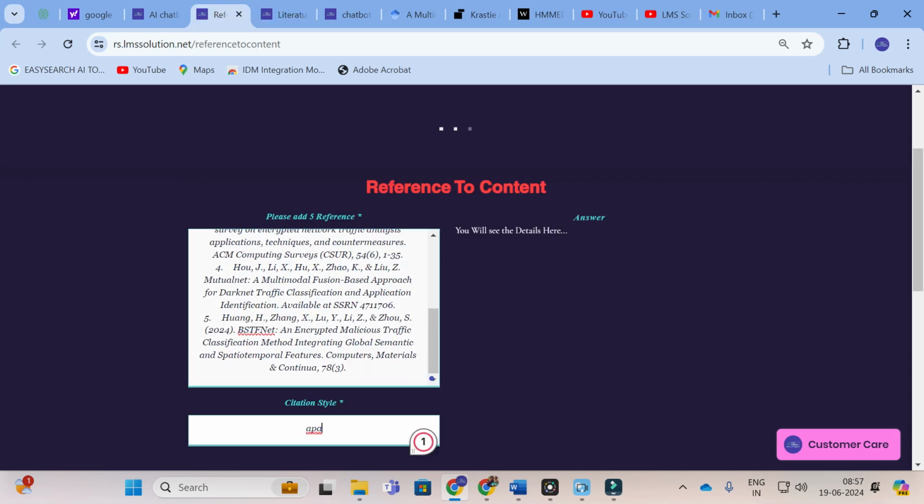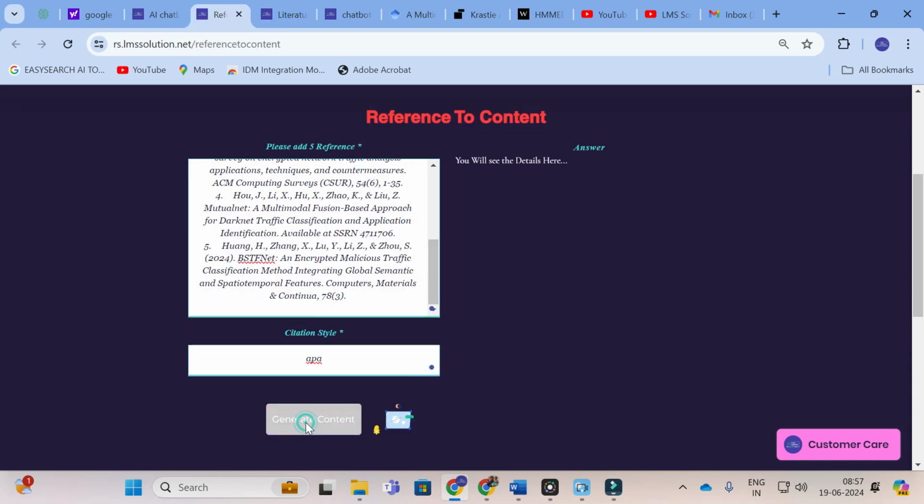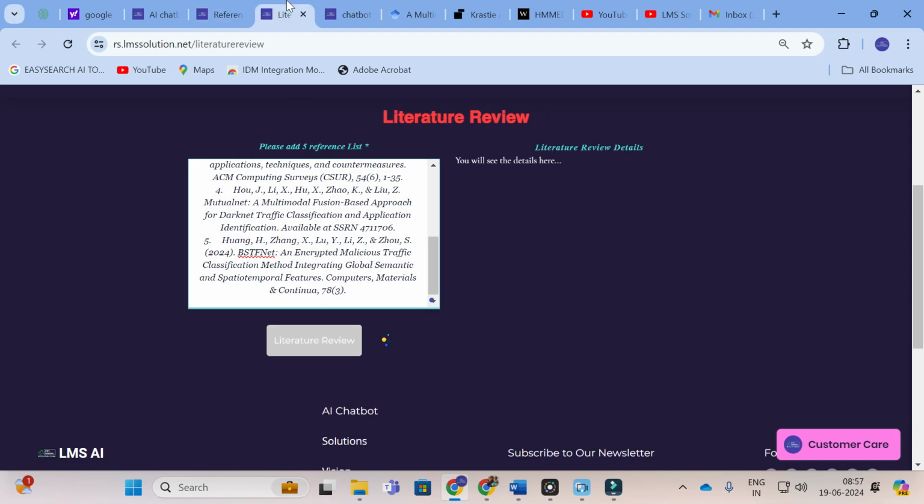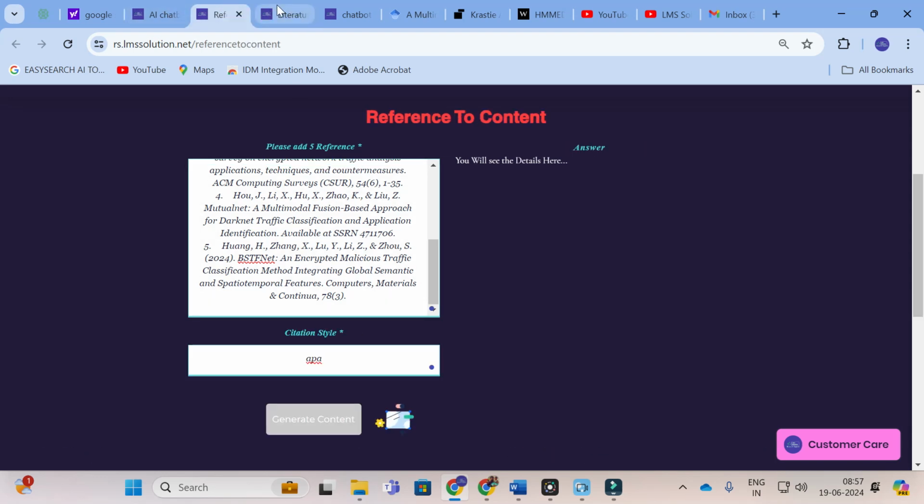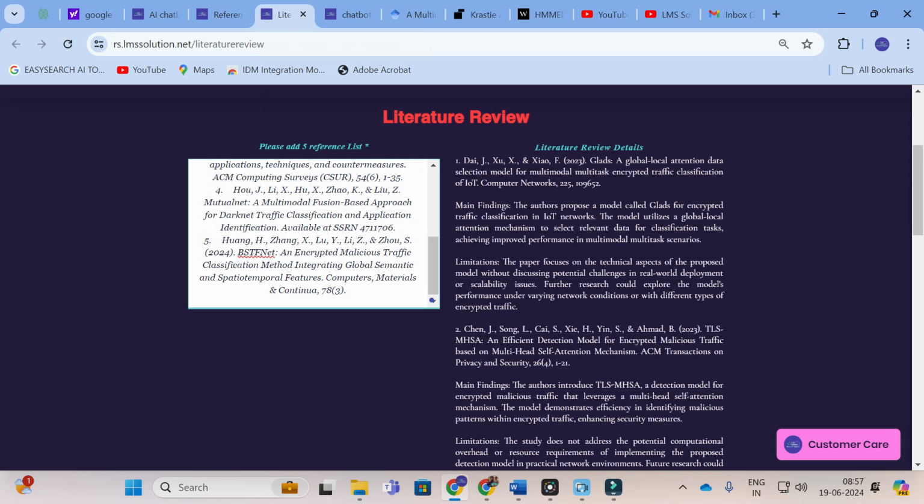Again, do the same for the reference to content template also. Both these templates will generate an instant literature review. It will take several seconds. Yes, our literature review is generated. For the first reference, you can see the main findings. The author proposed a model called EADS for encrypted traffic classification in the IoT network. The model utilizes global local attention mechanisms to select relevant data for classification tasks, achieving improved performance in multimodal multitask